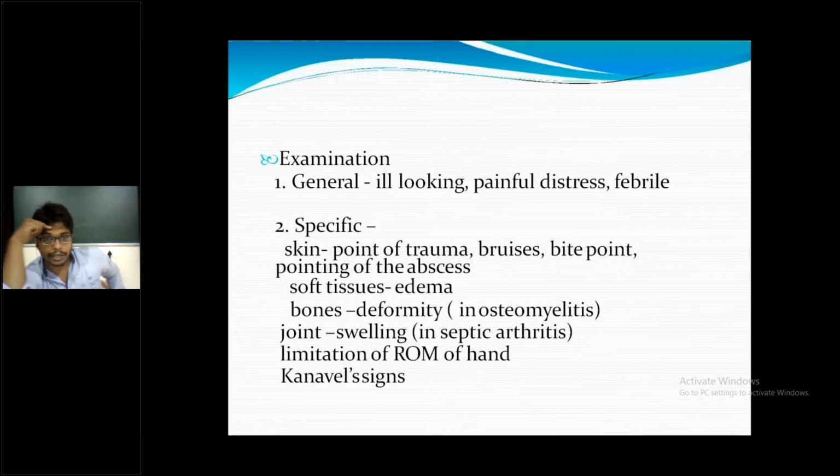Examination. General: ill-looking, in painful distress, febrile. Patients who have even a small infection and inflammation will present with fever, and many patients who have fever look so ill because these inflammatory factors affect the whole body. Specific: skin, point of trauma, bruises, bite point,